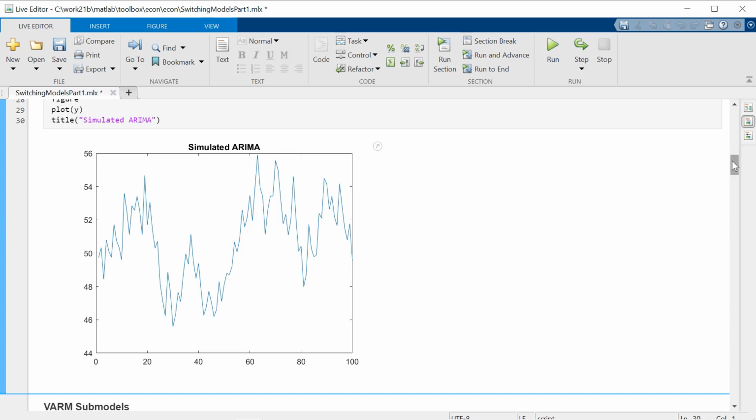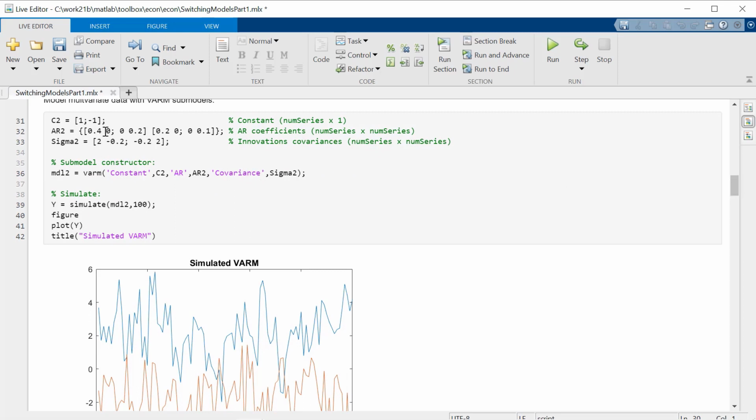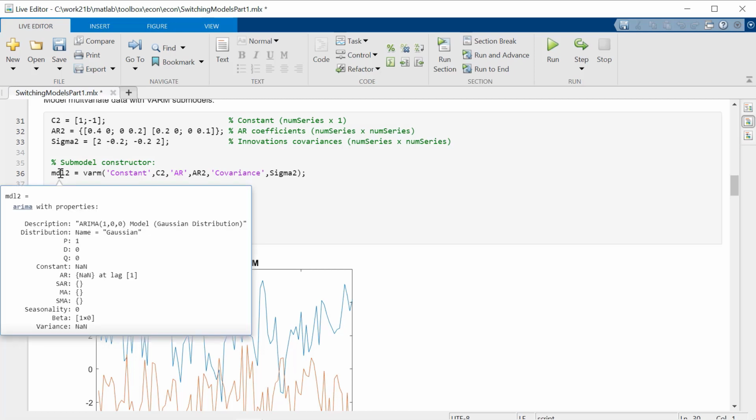Likewise, if you wanted to build a multivariate model, which we won't do here, but just to show you how to do it, same setup. The coefficients here are now, in this case for a bivariate model, you're going to have two constants. Your autoregressive terms are now going to be 2 by 2 arrays to include all the different combinations of lags in each of the two series. You're going to have a covariance matrix instead of a variance to describe the model. And then you construct it in a completely parallel way here using the varm constructor and input these parameter value arguments to say that I want to construct this varm model here.